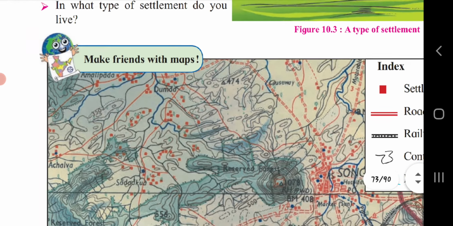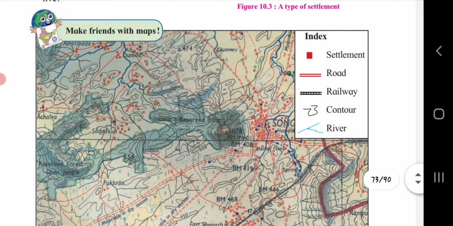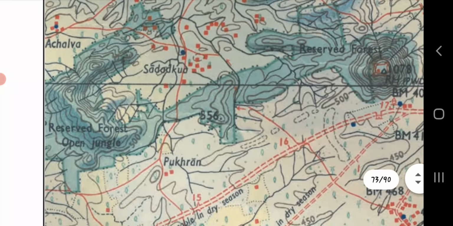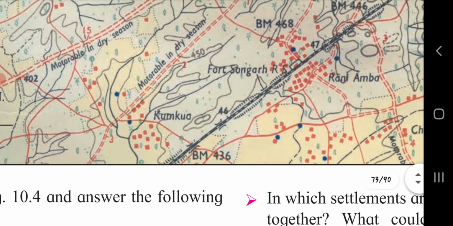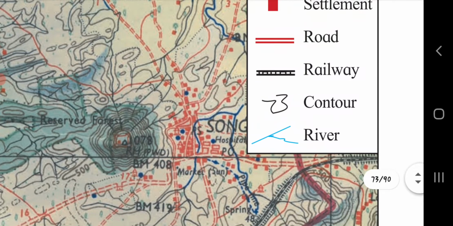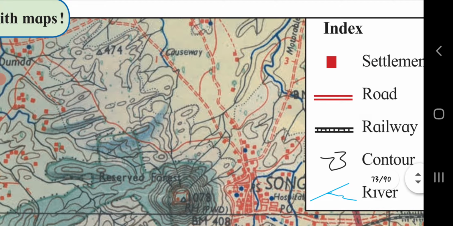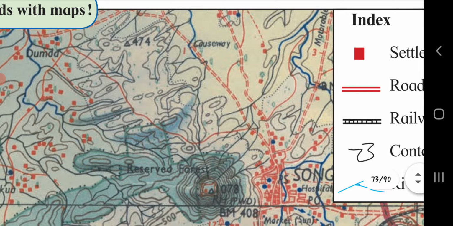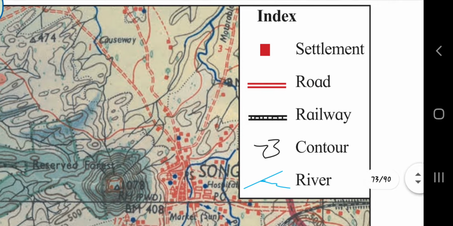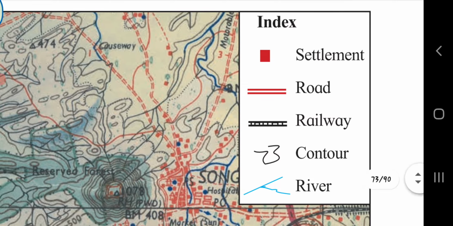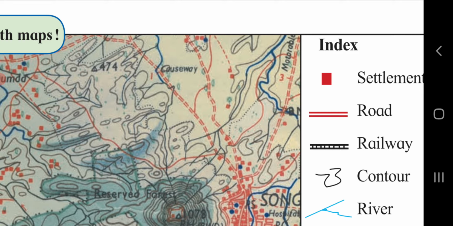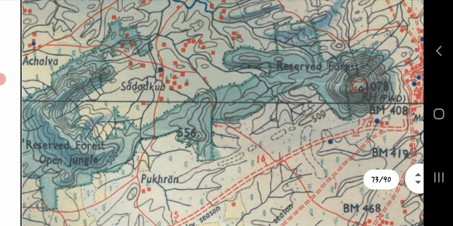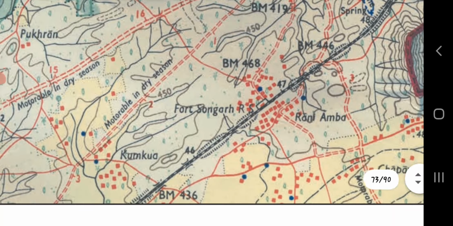Make friends with maps. Indexes given, settlements are shown with the red squares. All these red dots are the settlements of human beings. Second one, road, they are denoted with the dotted red line. Red line, it shows the road of that area. Railway, if you will see, symbol is given for the railway,